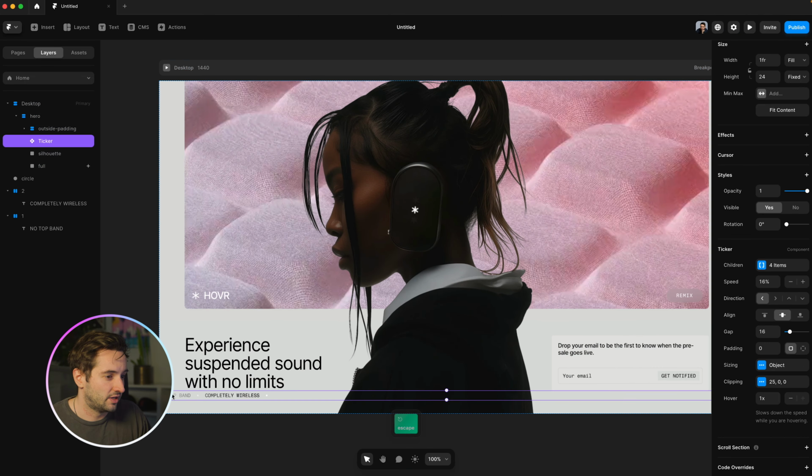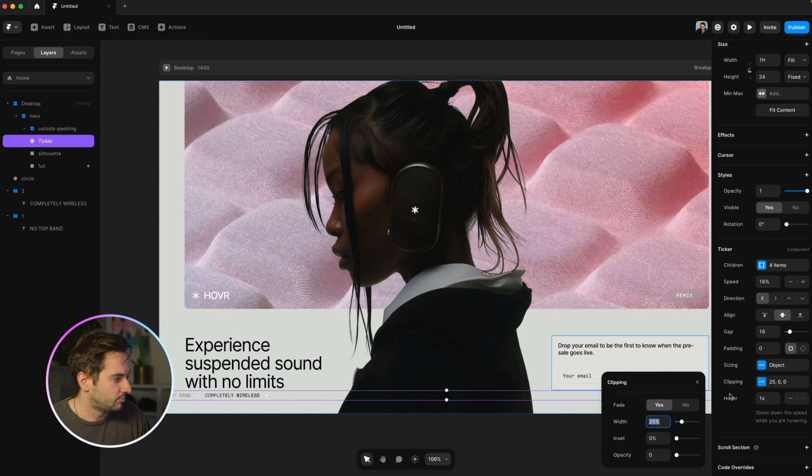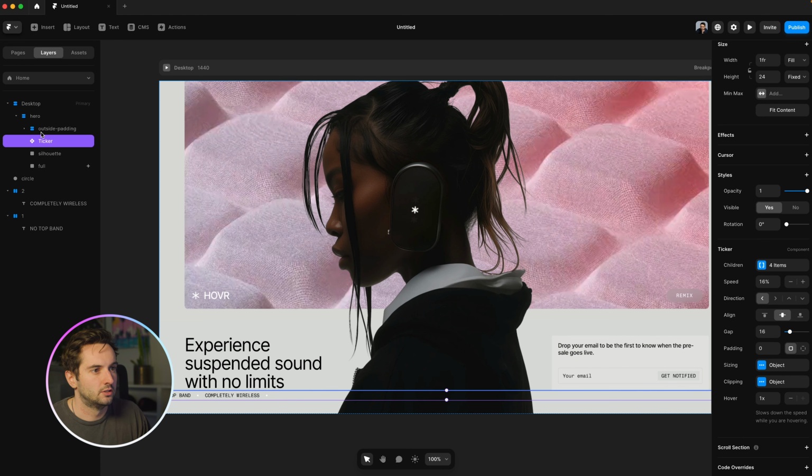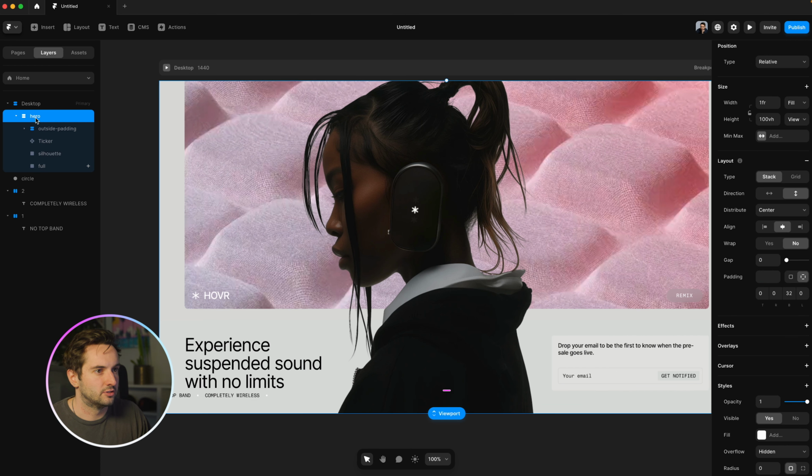Actually, yeah, there's a fade out. So under clipping, it says fade yes. We'll just set this to no, so it's just a hard edge. And then just spacing wise, we can add a gap in this hero stack to increase the space between these items. So we can just add a gap of 64